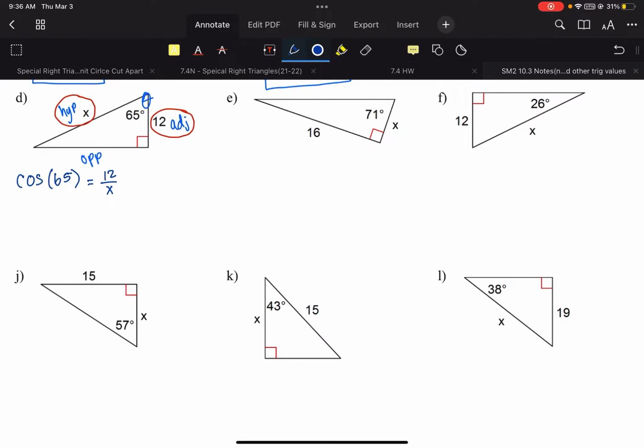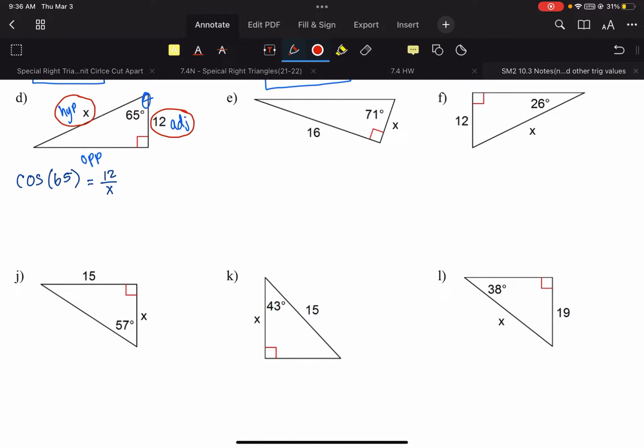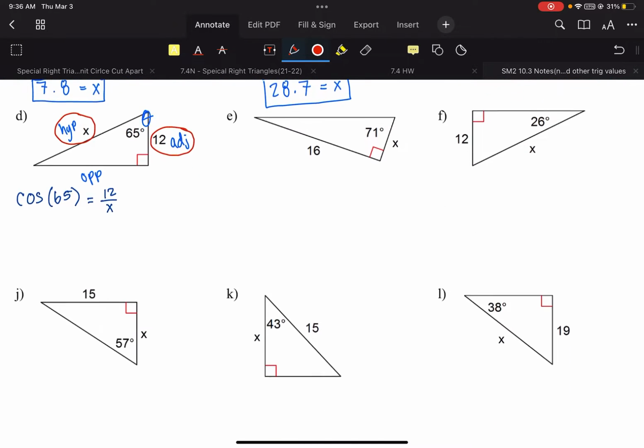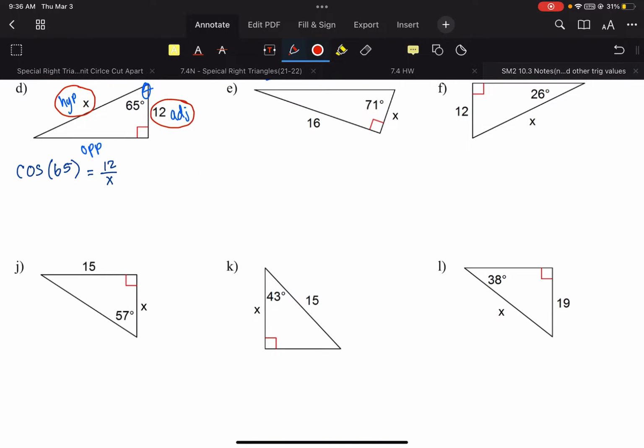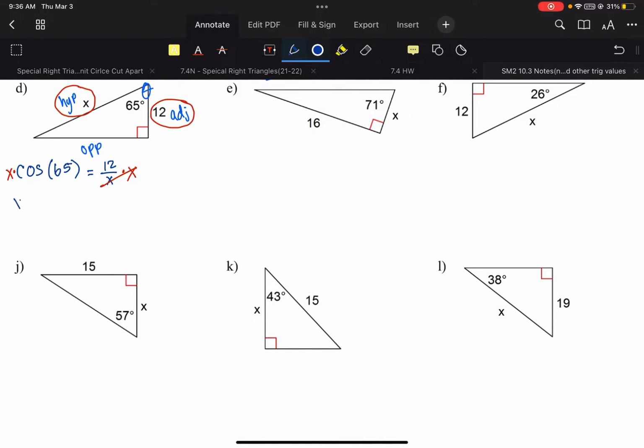Now, this setup looks a little bit different because if you'll notice, in the first 3 examples we did, our x value was on the top of our fraction. Now it's on the bottom. So our first step is going to be to multiply by x. We have to get rid of our fraction to start with. So I get rid of my fraction, and now I'm left with x cosine of 65 is equal to 12,